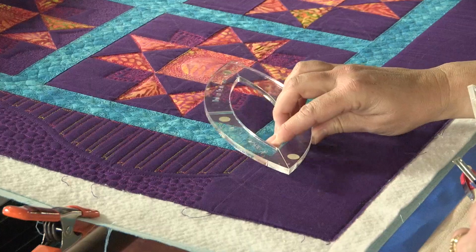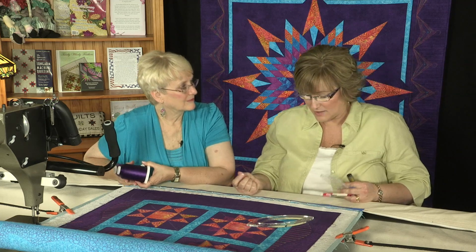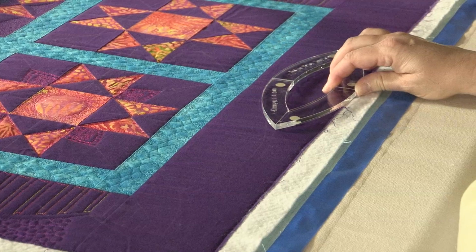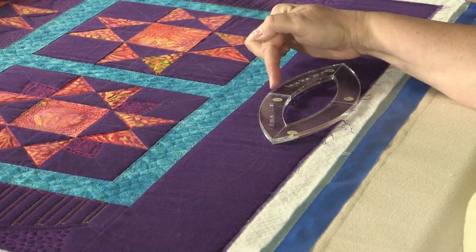Then I wanted a double spine, so I just moved my template in until it gave me the double spine spacing that I wanted to have. Then I moved my template to the center of my border. I figured out how much room I wanted between my spine line and the edge of my space to be filled,